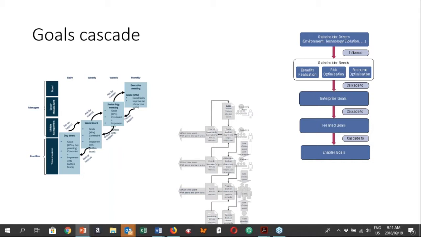So we need to understand that the governing body gives high-level goals and objectives that need to be broken down until every individual's goals and objectives are defined. And in that way, we know that when something is done within the organization, it contributes to us reaching the organizational goals and objectives. So we're not doing work that's not necessary or wasteful.